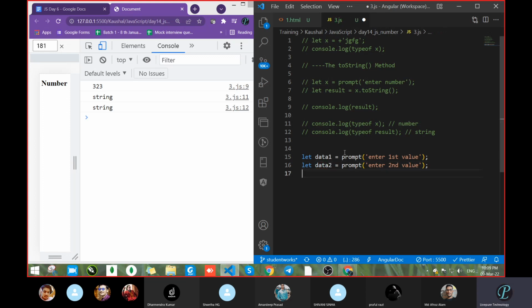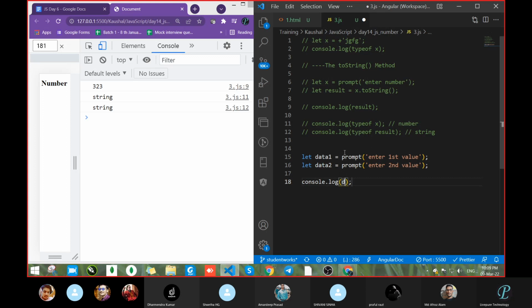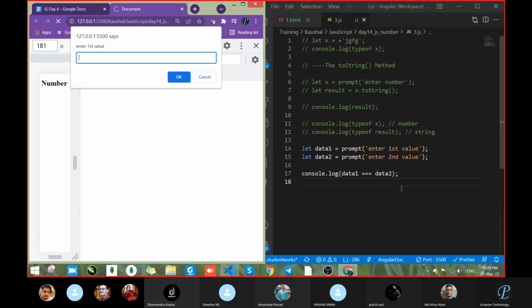I want to compare them with triple equals. Data1 equals data2. Will the answer be true or false?